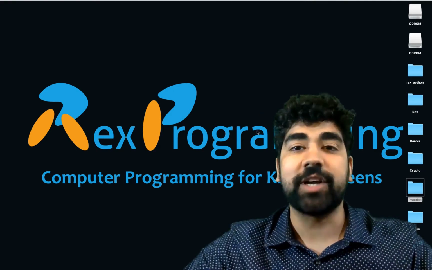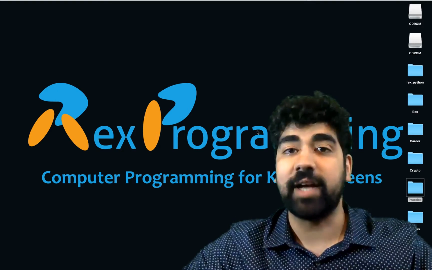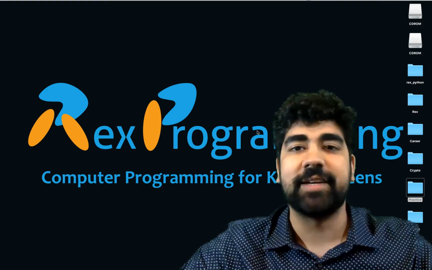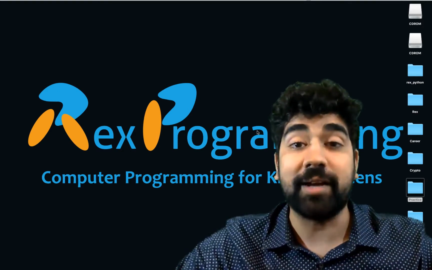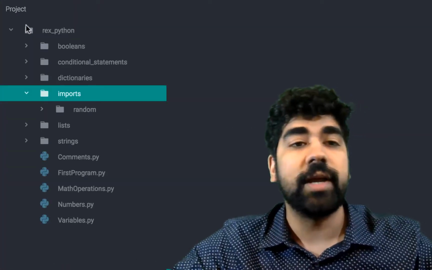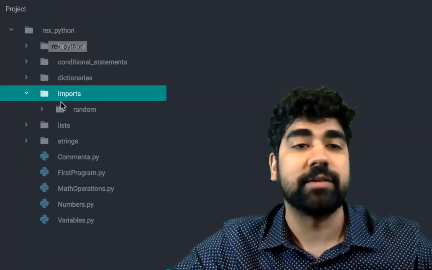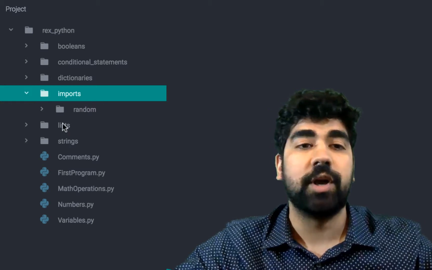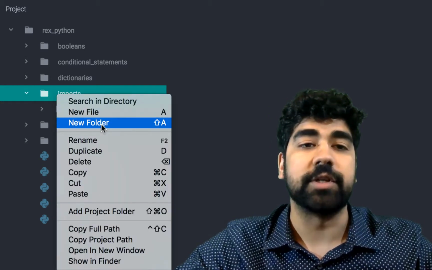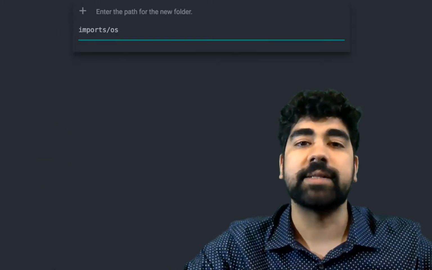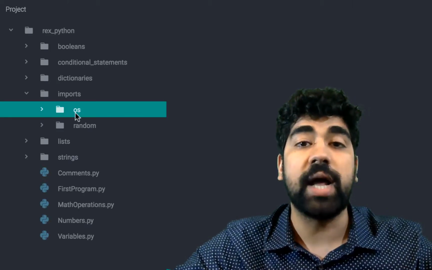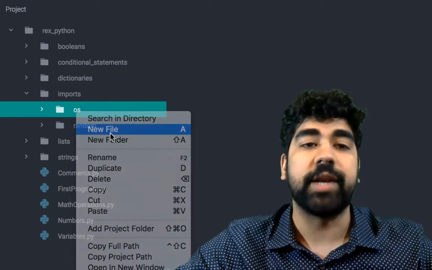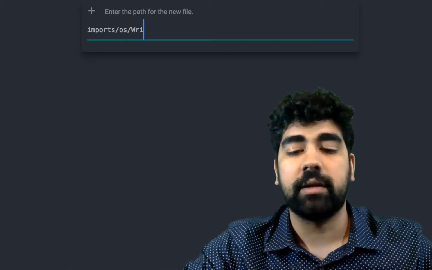In this lesson, we are going to be covering writing to files using Python. Let's begin. Go ahead and open up Atom. In Atom, in your Rex Python folder, in your Imports folder, create a new folder, and we're going to call this OS, which stands for Operating System. And now in our OS folder, we're going to create a new file called writing